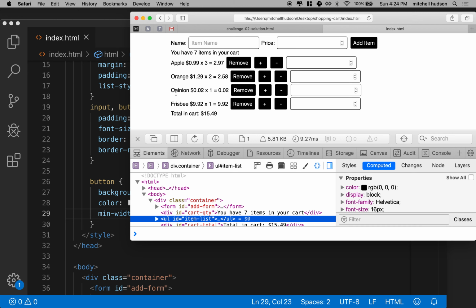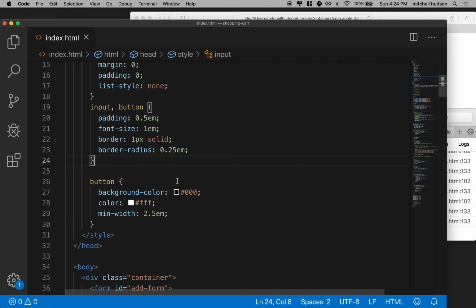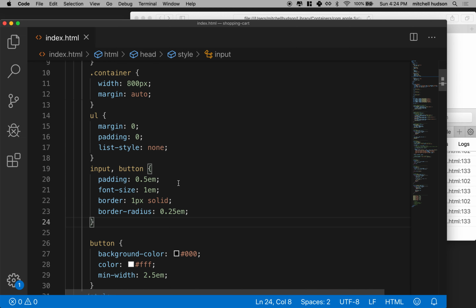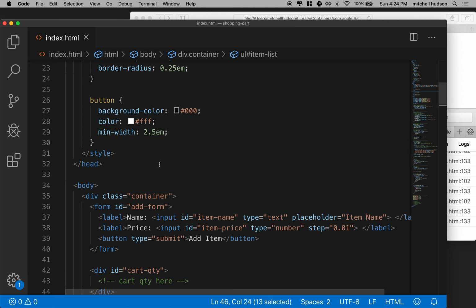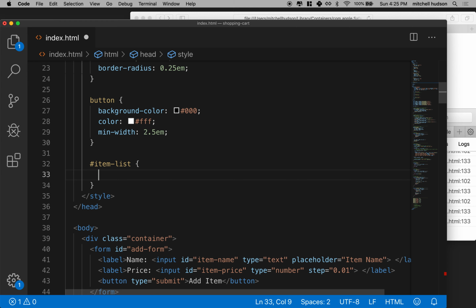So I like what I have here, but maybe it would be cool if the buttons and things were off on the right side and the text was over on the left, right? And we can do that with Flexbox. Let's give it a try, right? So really what I want to do is find this thing that's the ID list. So this is an ID name. So what I'll do is I'll say, okay, ID item list